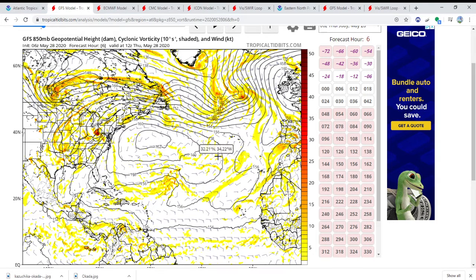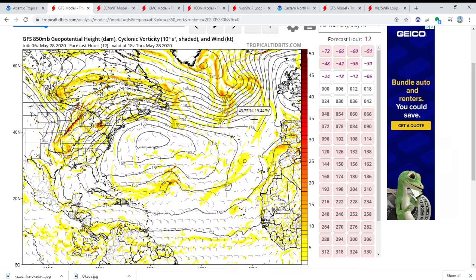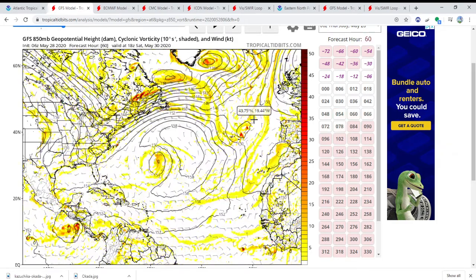Then you can see this dominating ridge of high pressure here. They call this the Bermuda High. That's really keeping these storms in check for the time being. And here's the little feature I'm looking at. Only a few people have really noticed this feature, and I see a lot of people sleep on this. NHC included, because they've been sleeping on both of the storms that have formed over the last week and a half. So let's go out through time, and as you can see, it starts to congeal a little bit